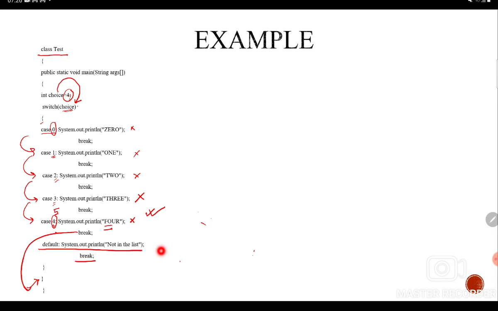So this is how the switch statement works. You have to write the variable which you would like to take as an expression for the condition, and based on that you will go on writing the different blocks of code required for each choice. So this is all about your switch statement. You can try this program on your own systems and find out where you are finding difficulty, and we will discuss. Thank you.